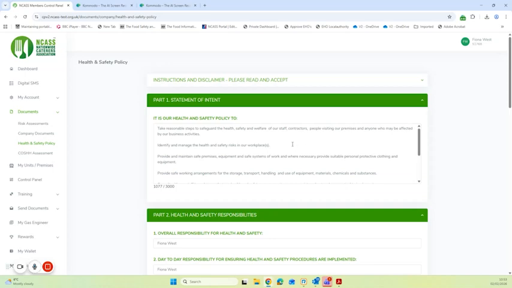It requires you to identify and manage the health and safety risks in your workplace, for example, through your risk assessments, and to provide and maintain safe premises, equipment, and safe systems of work, and where necessary, to provide suitable protective clothing and equipment. So as I mentioned, quite standard typical things that you would expect to see in a health and safety policy. It's worth remembering and noting here that the content has been checked and assured by our